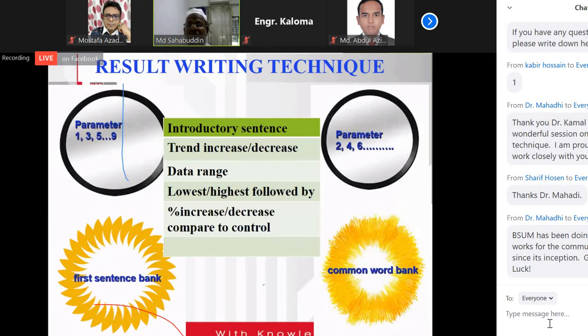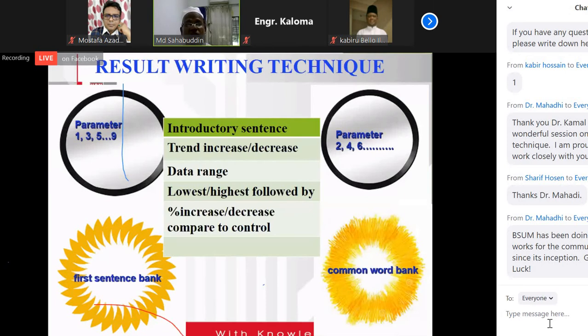The lowest and highest, actually, is not enough for the result explanation. So what is the best way? Now we have to compare with the control, percent increase or decrease compared to the control. Then we get the real result: what is the impact of your fertilizer or treatment on the parameter, the effect. So these 5 things you have to follow in sequence.